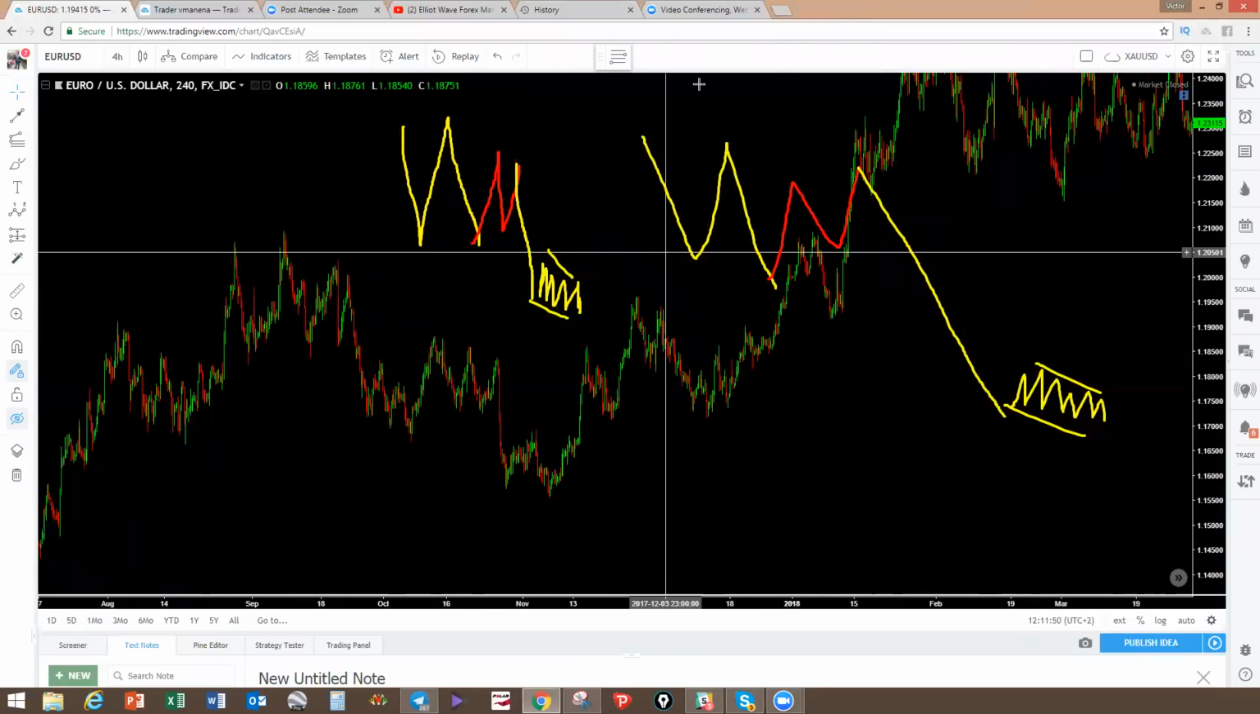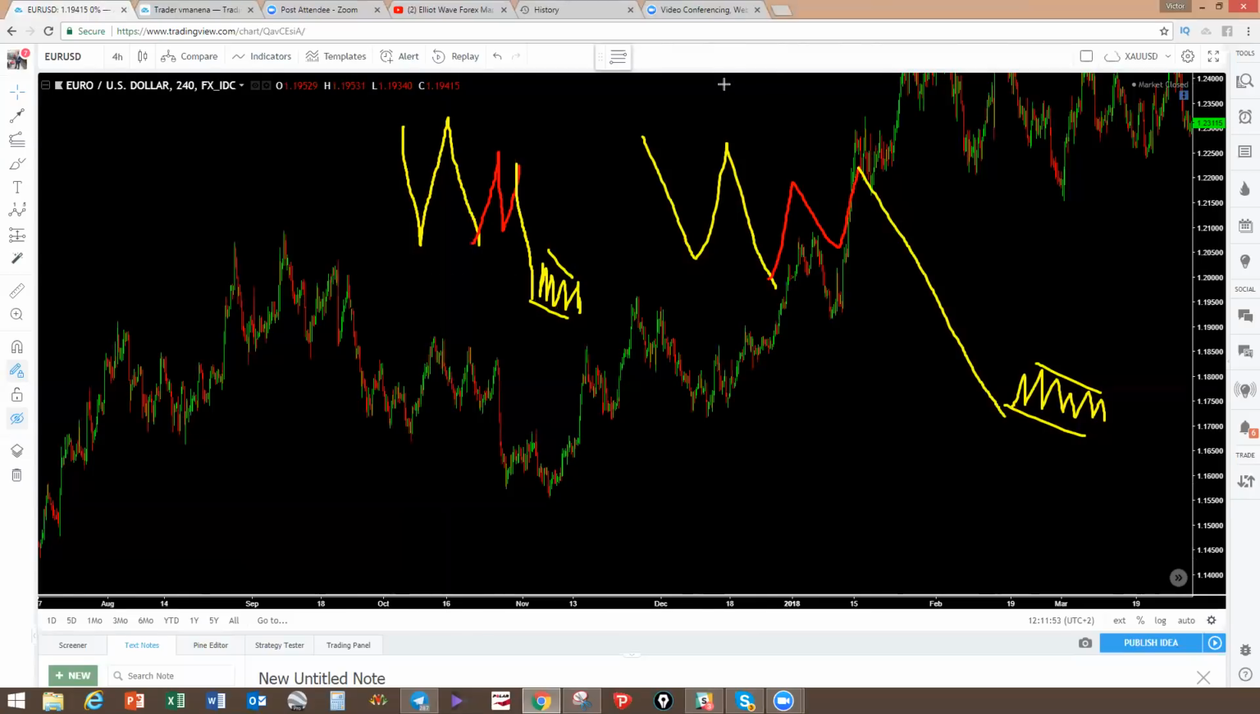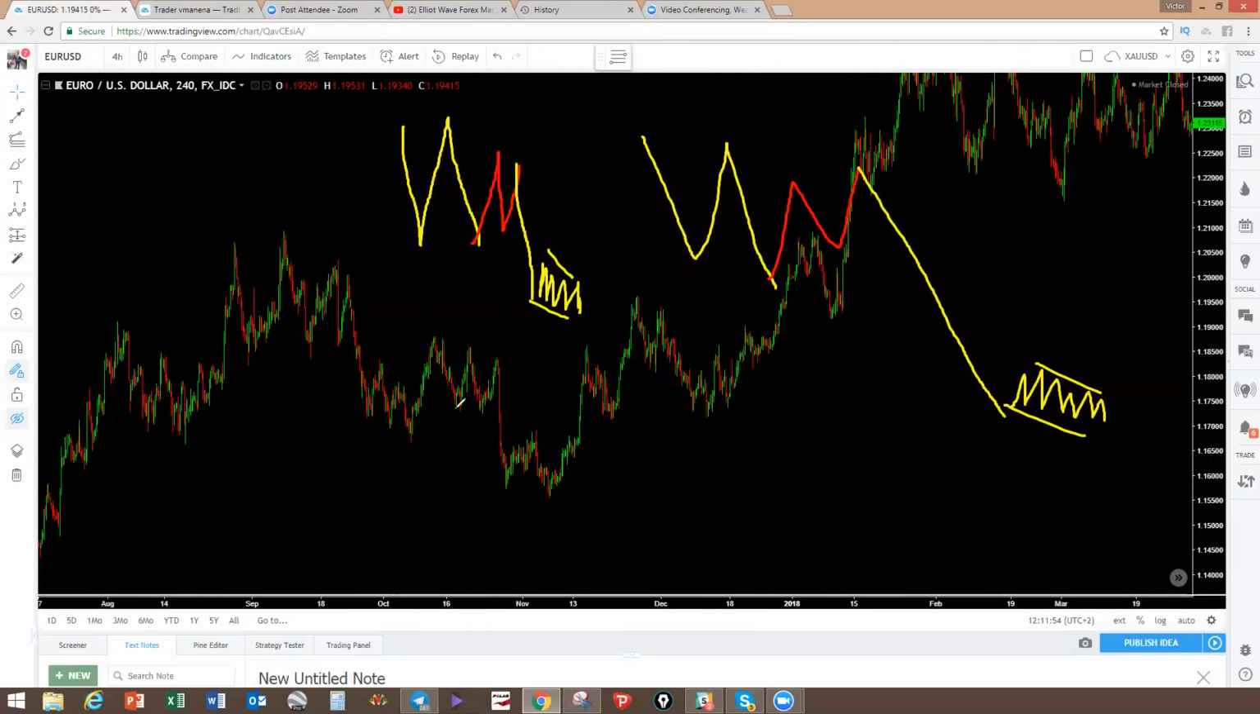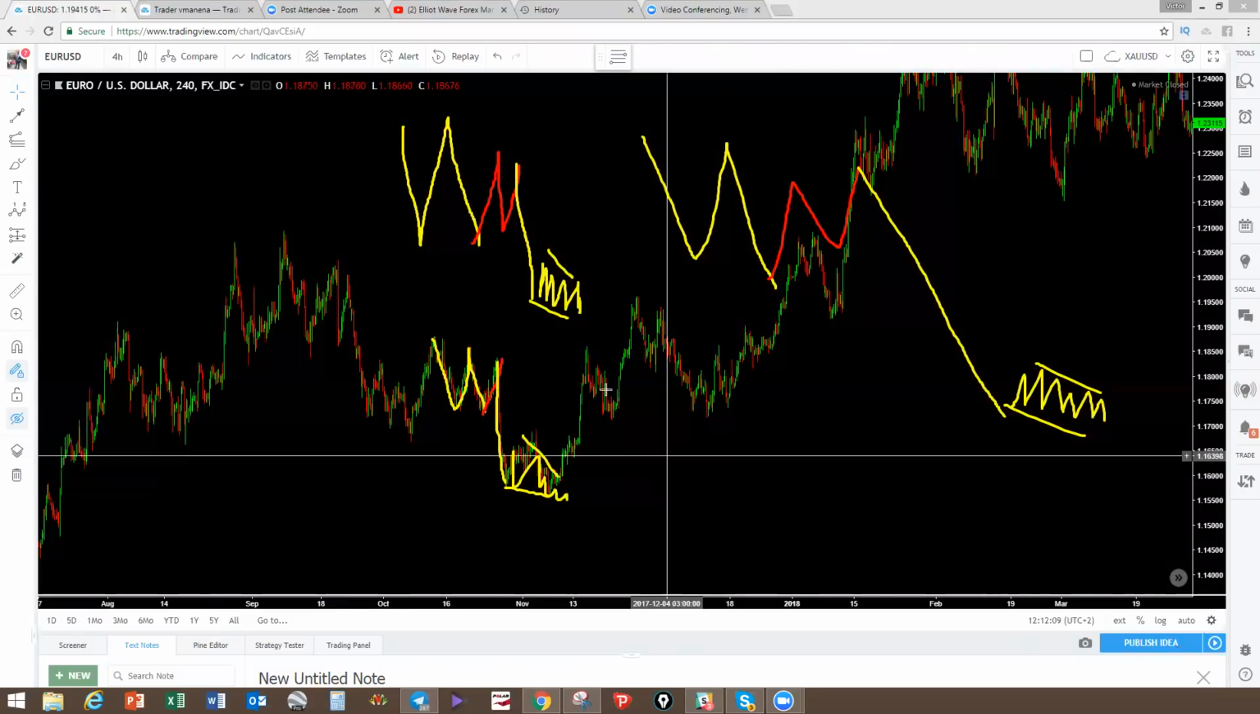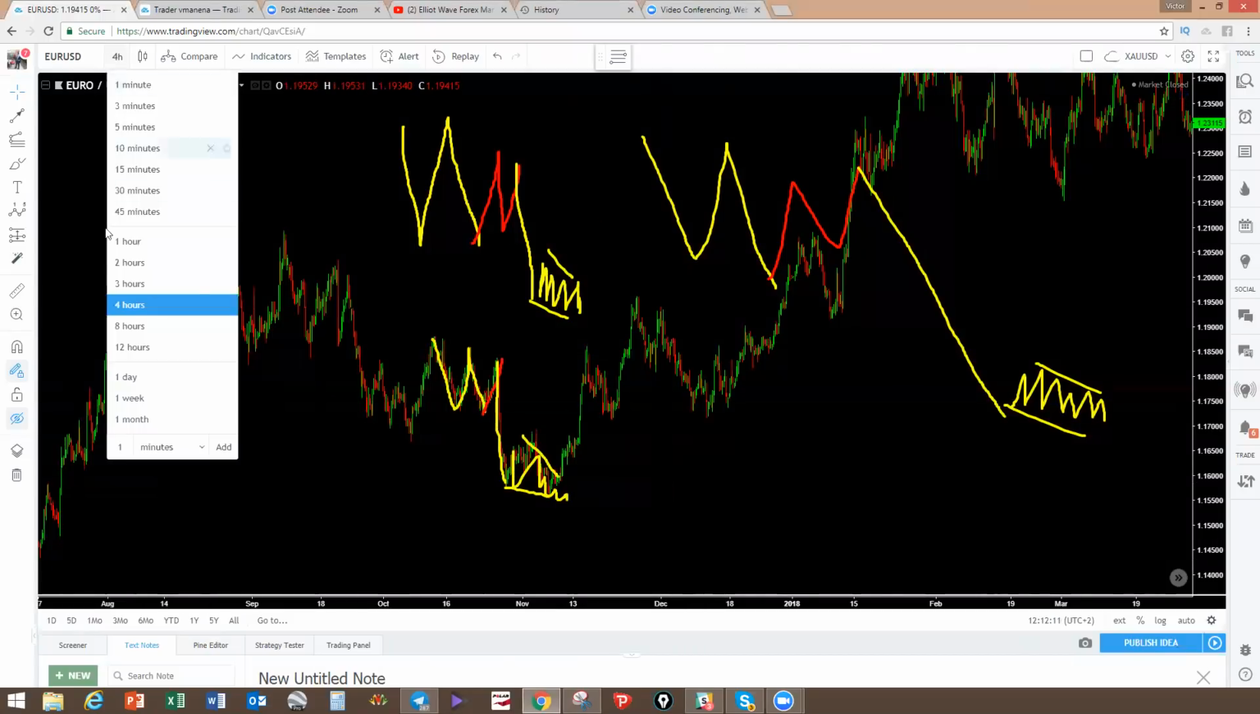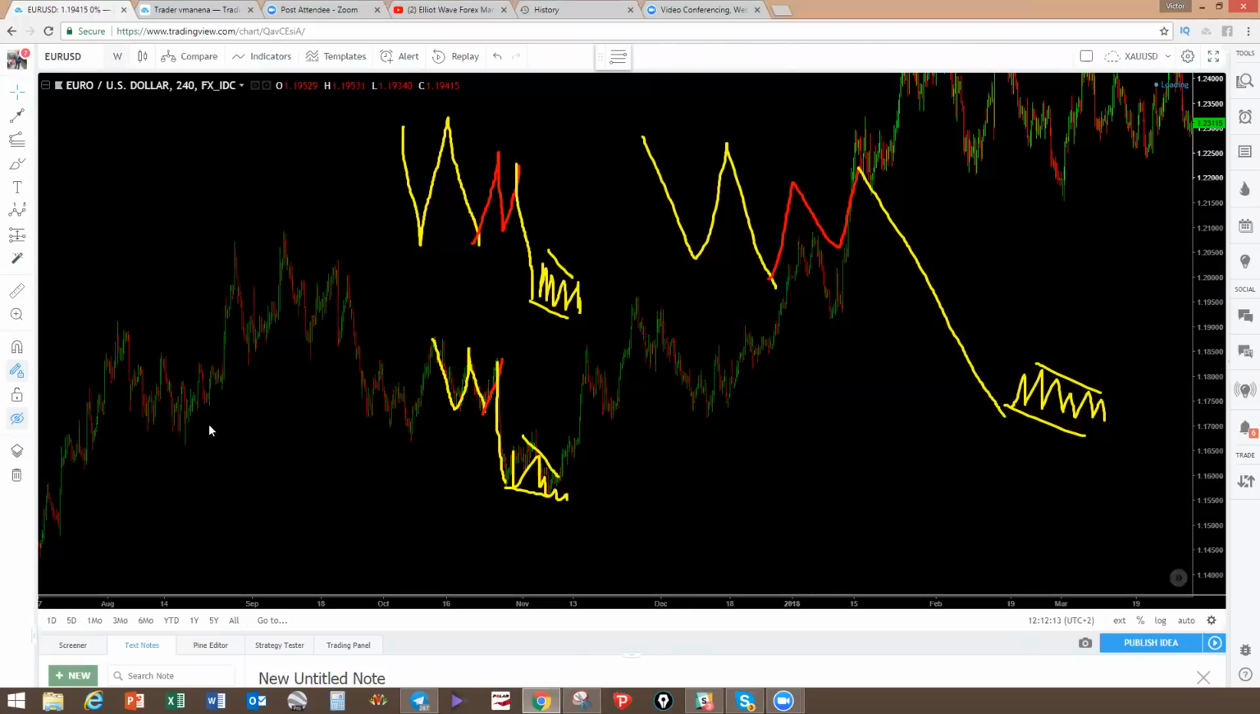Right here, see it's a different structure. You get 1, 2, 3. You get a pullback in this case. You only get one pullback. Okay, what happens after that? You get a move to the downside. But when you get there, you get a V pattern. Okay, that's another one. So now, the interesting thing about this, if you look on the weekly chart on Euro US dollar,